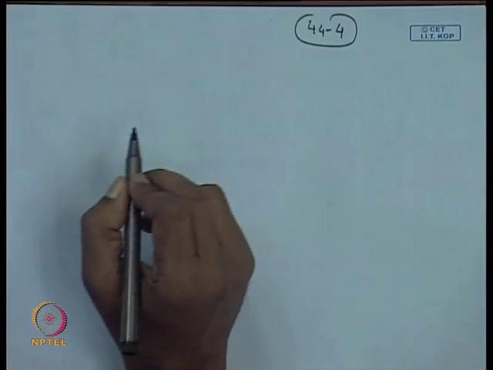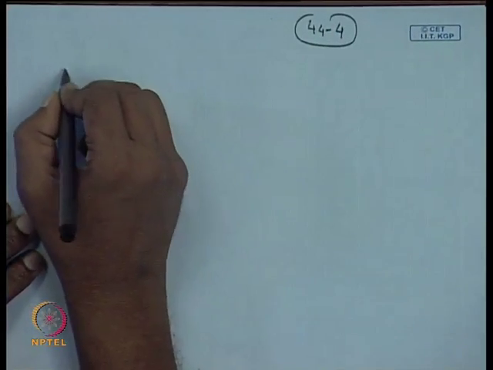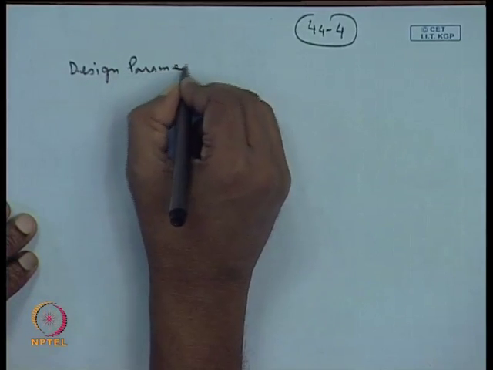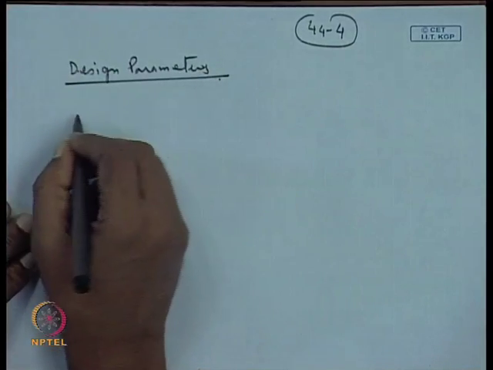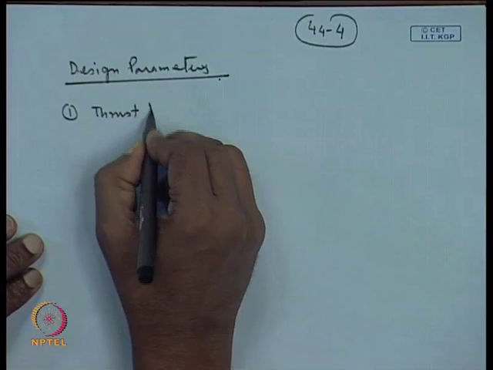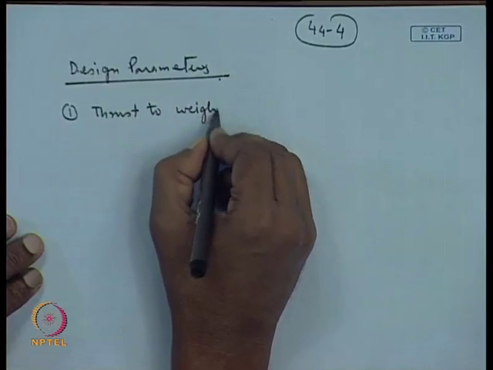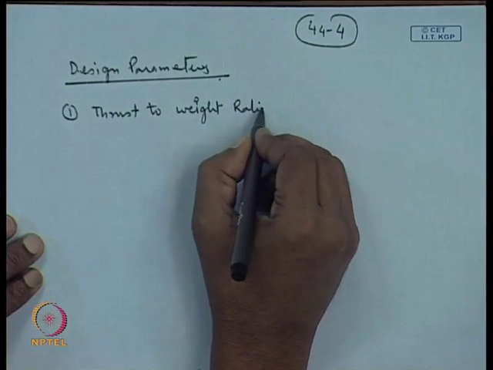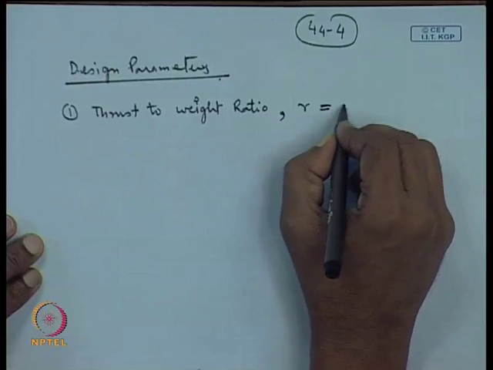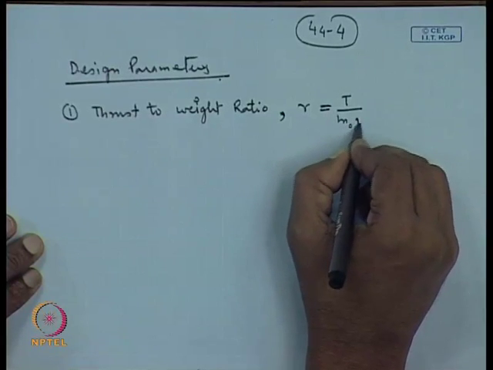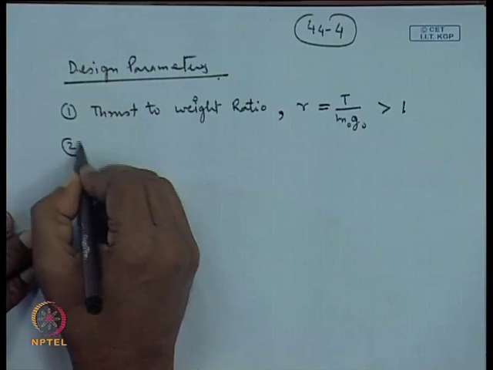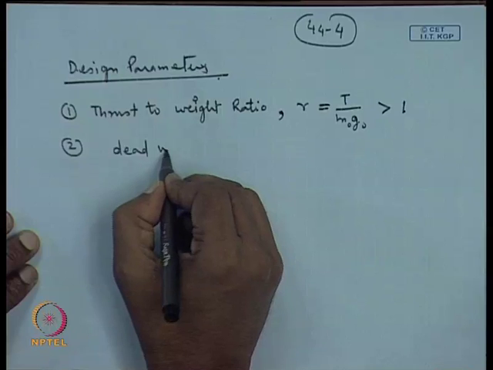So, we define some design parameters such as thrust to weight ratio, and this quantity is greater than 1, dead weight fraction,